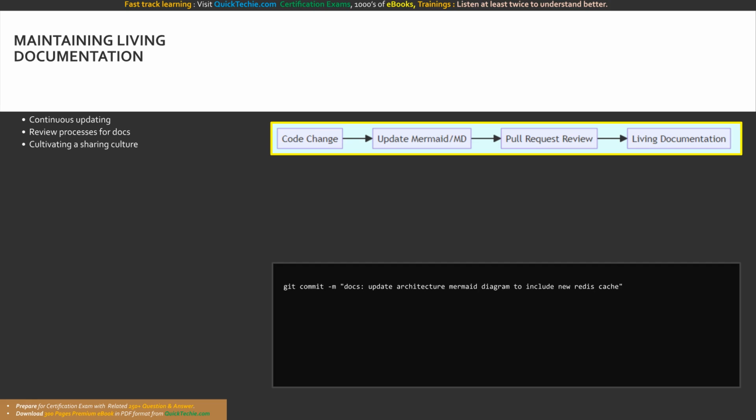Standardizing commit messages for documentation updates ensures that wiki changes are properly tracked within the repository's Git history. The continuous documentation loop: a code change prompts an update to the Mermaid diagrams, validated via a pull request, sustaining